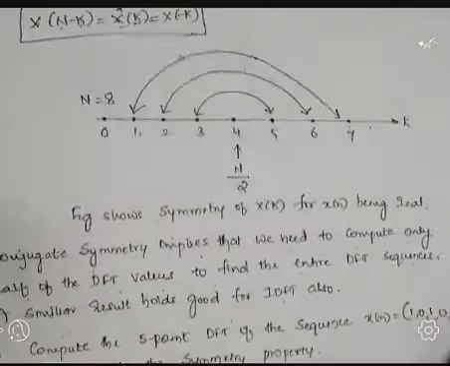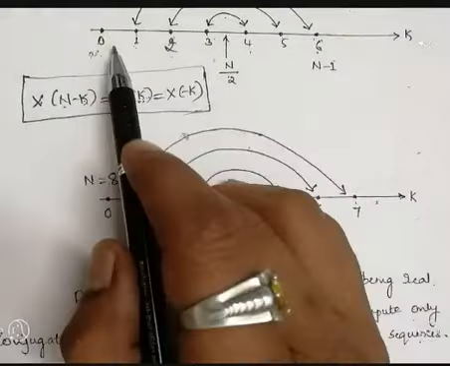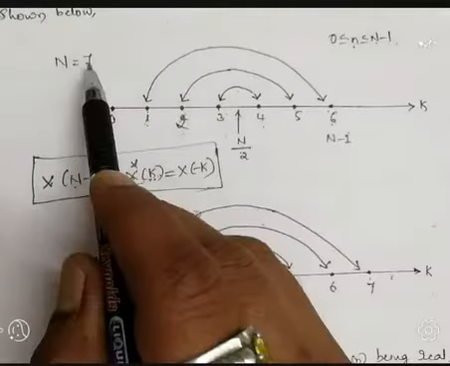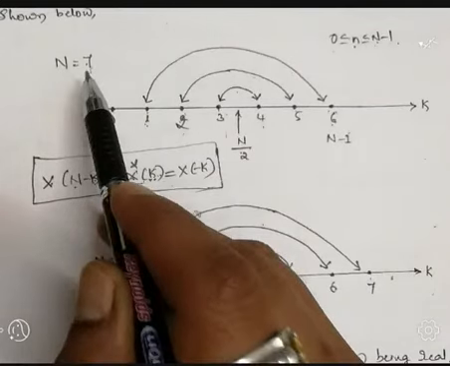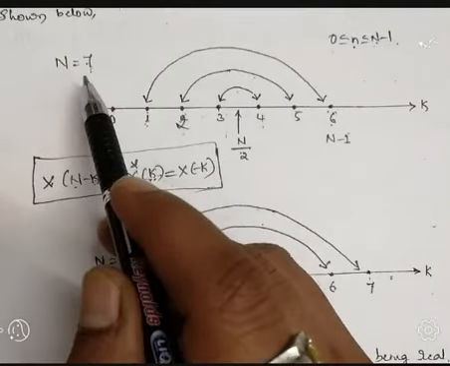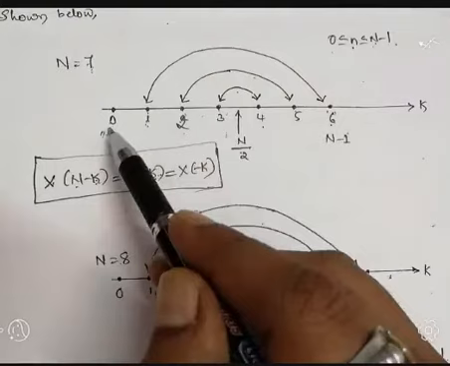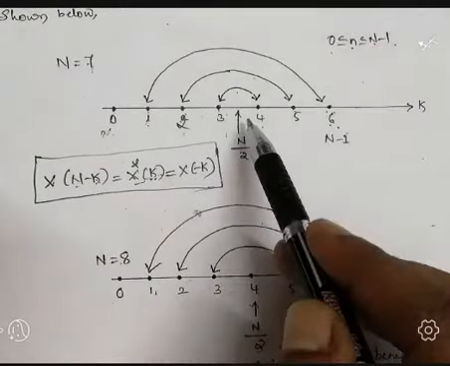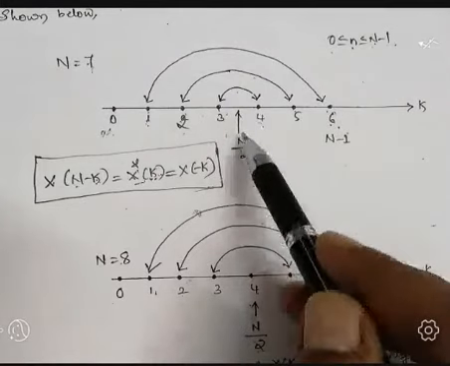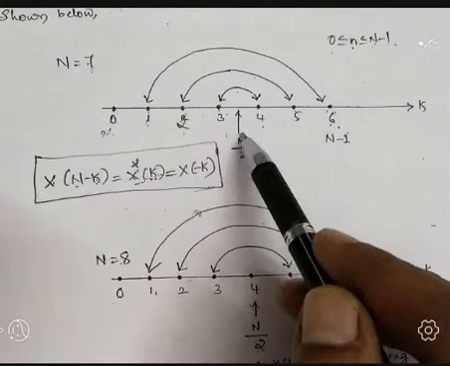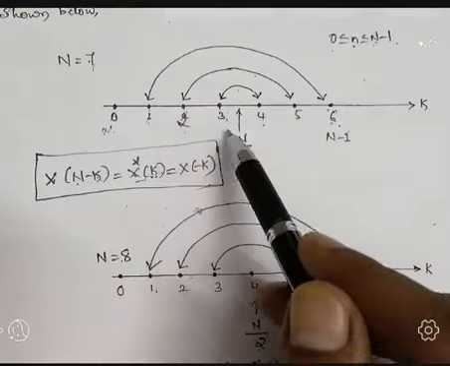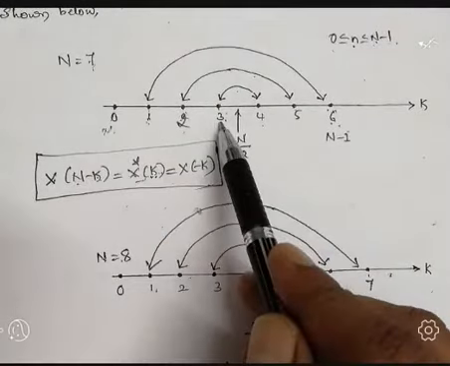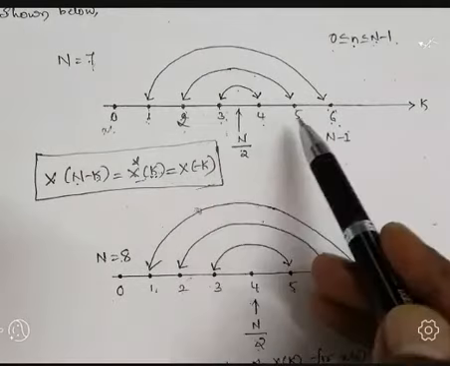So in an example, if the question is like this: find the N-point DFT for the given sequence, and the length of the DFT is 7, nothing but the given sequence x of n contains 7 samples. There is no need to calculate capital X of 0 to capital X of 6. Only calculate up to half, where half means the midpoint. We have to calculate up to 3, because the remaining values are complex conjugates. Only calculate up to capital X of 3. The remaining are complex conjugates.